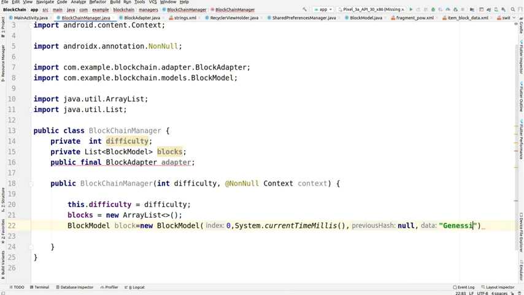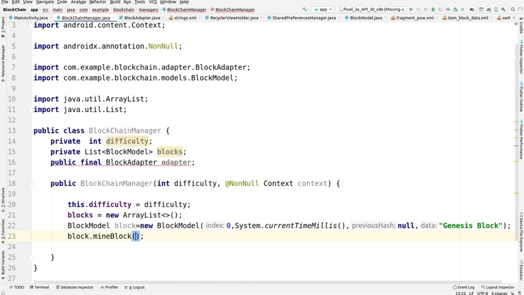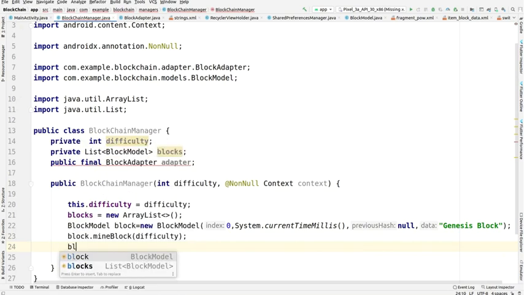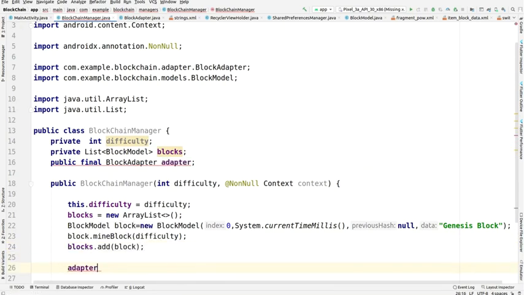All it is obvious that the first hash will be null, and then the data is genesis block. Okay, you can add anything in the data, it has no effect. Okay, and then the block dot mine block and setting the difficulty. Also blocks dot add this particular block to our array list, so that's why we have used add.